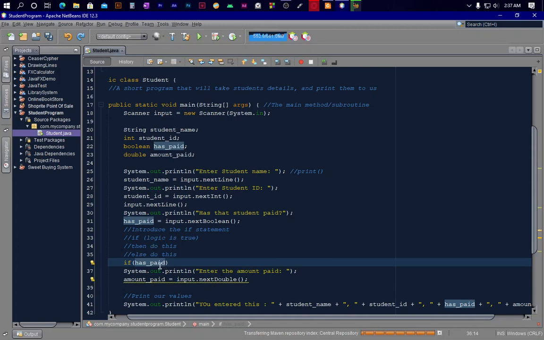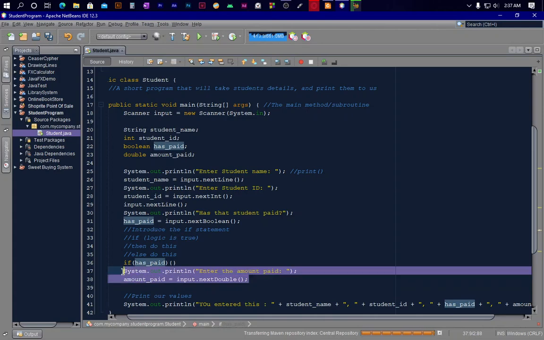Or by default, it is not basically assigned to true, but what I'm saying is that when I say has paid, it means the value here is true already. So you don't have to assign it to true. Instead, what you need to test now is to do whatever you are doing inside the curly brace. So I'm going to take this and put it in here